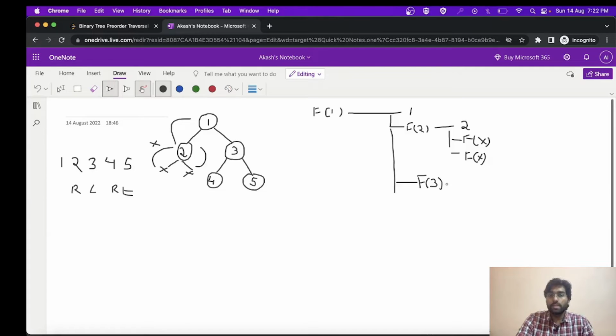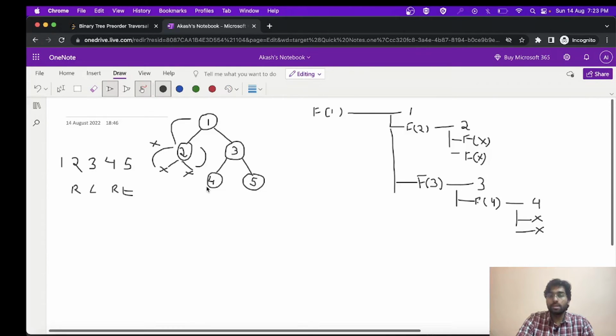So friends, once again 3 will first be processing the root, then it will go for these left and right subtree. The call for 4 will first print 4, then it will be called for null and null, which are the left subtree and right subtree.